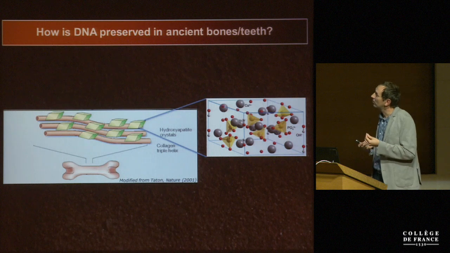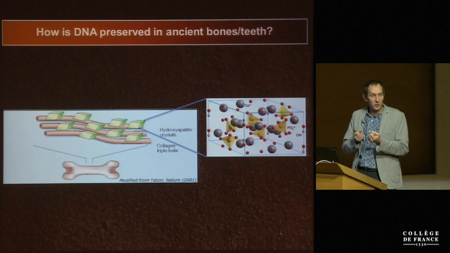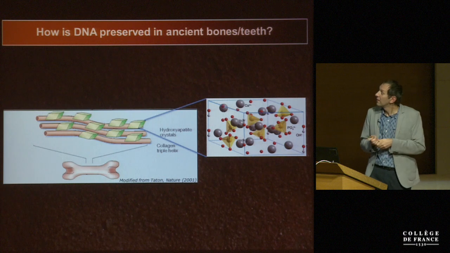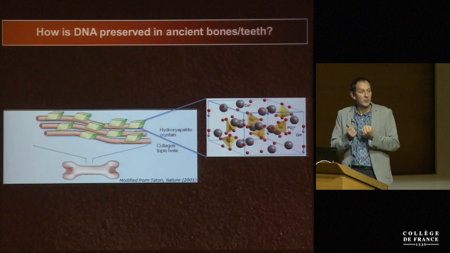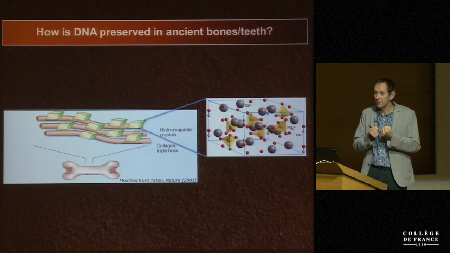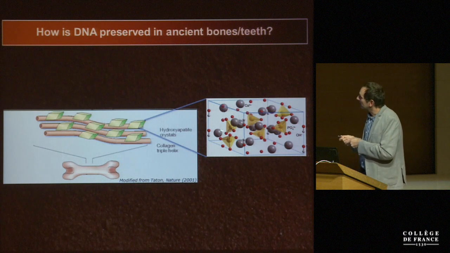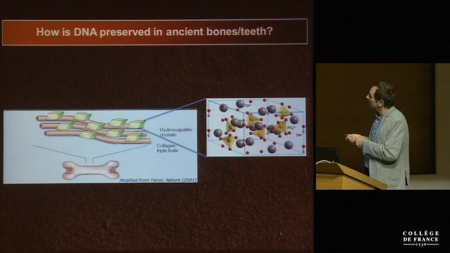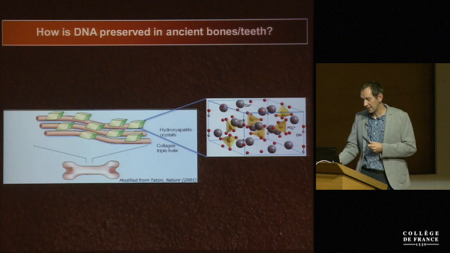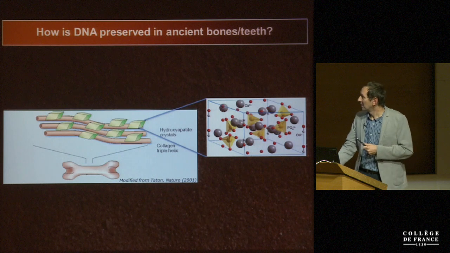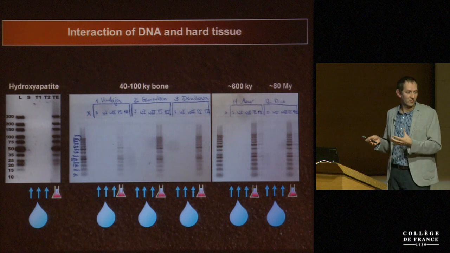And bones and teeth are composed of a protein component, collagen, which makes the bone elastic, and they are composed of a mineral component, hydroxyapatite, which gives the rigidity to the bone, so to make it compact and solid. And this hydroxyapatite, which comes in nice crystals, is basically a calcium phosphate compound, and it has a very interesting feature. And just to show you an experiment here, a real experiment from one of my students,